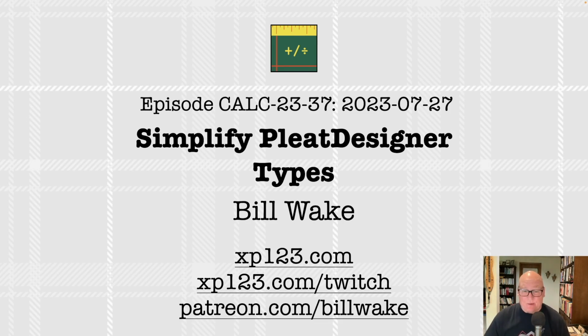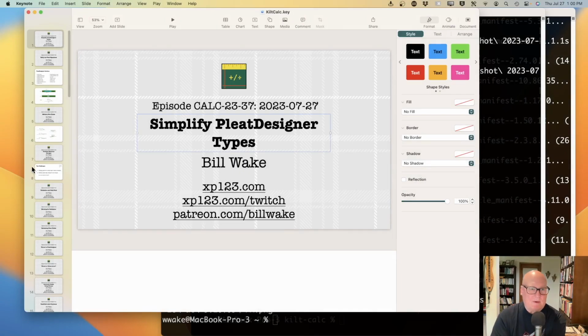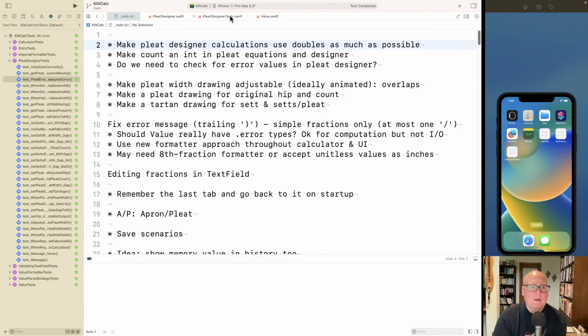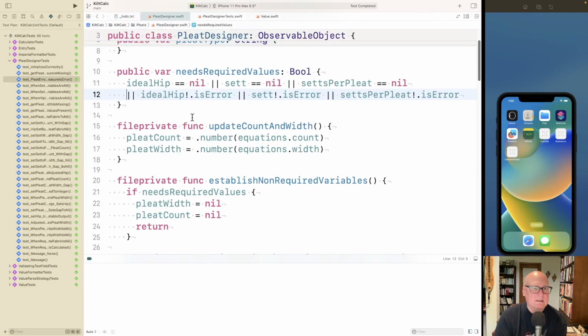We're focused on making pleats at this point, the folds in the fabric. We've done a lot of work to visualize them. Now we're cleaning up some things around representation, I guess you'd say. All right, so we left off, and we had noticed that